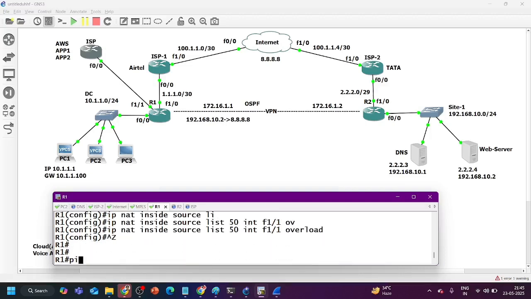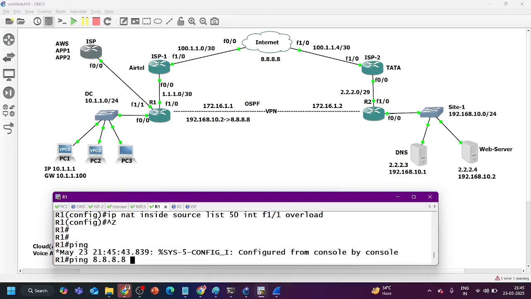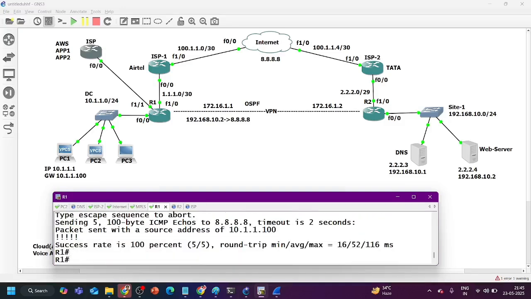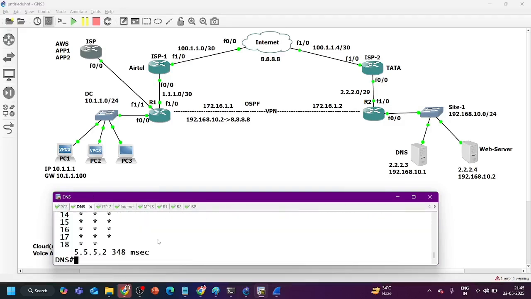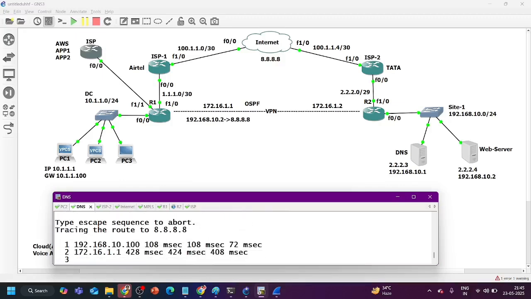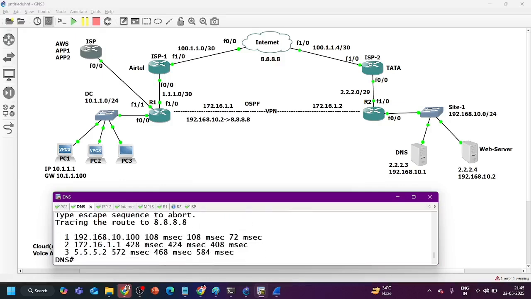And let me ping 8.8.8.8 from the source F0/0 interface now. And now ping is working, and go to the DNS server, and here you can ping now or trace now. Now you can see first traffic is reaching my DC, and then the DC is forwarding the traffic towards the ISP, right? So if you have command over routing, then you can route the traffic anywhere according to your requirement,